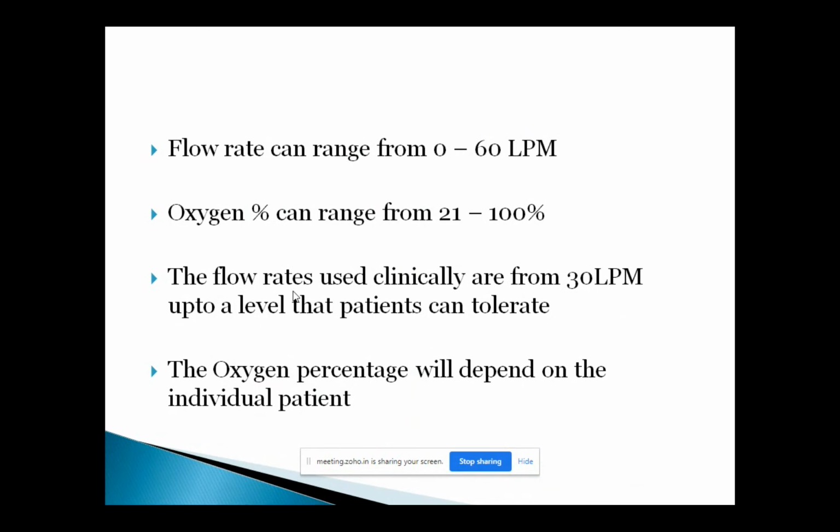So fundamentally, this particular device you can use for any patients, regardless of their clinical condition, because you should be able to tell how much percentage of oxygen the patient is getting, and you are also heating and humidifying, which is the right way of humidification. Fundamentally, the patient's recovery will be a lot faster and their tolerance will be better. And you don't have to keep changing the devices.